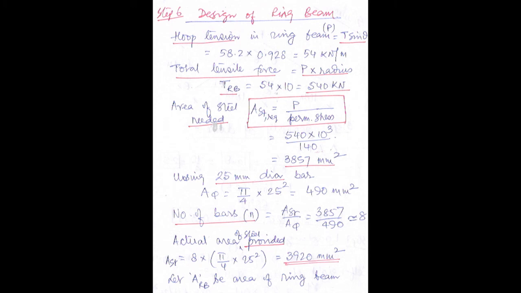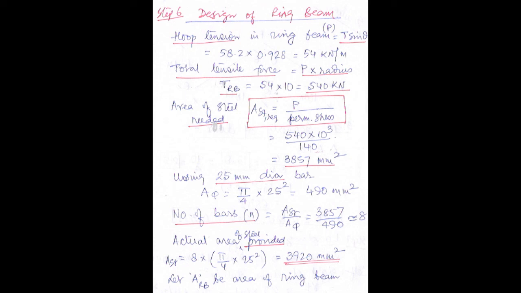And if you remember the values correctly, for example if we take an 8 millimeter diameter bar, the cross-sectional area of one bar comes to 50 millimeter square. If you remember the table like that, for example a 20 millimeter diameter bar, how much will it come to? It comes out to be 314 millimeter square. Correct?